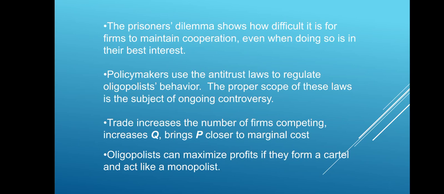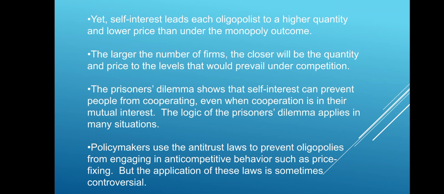The trade increases the number of firms competing, increases Q, and brings P closer to the marginal cost. Oligopolists can maximize profits if they form a cartel and act like a monopolist. Yet, self-interest leads each oligopolist to a higher quantity and lower price than under the monopoly outcome. The larger the number of firms, the closer the quantity and the price will be to the levels that would